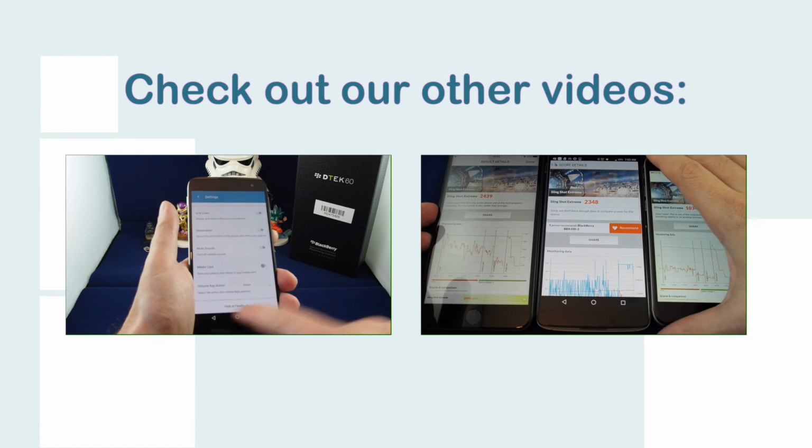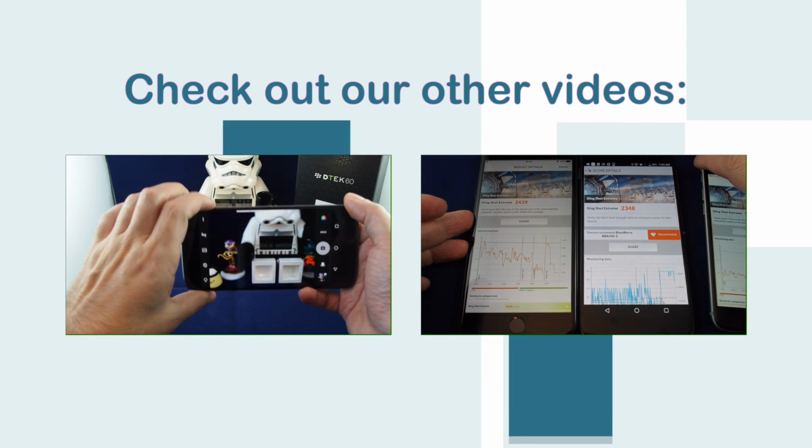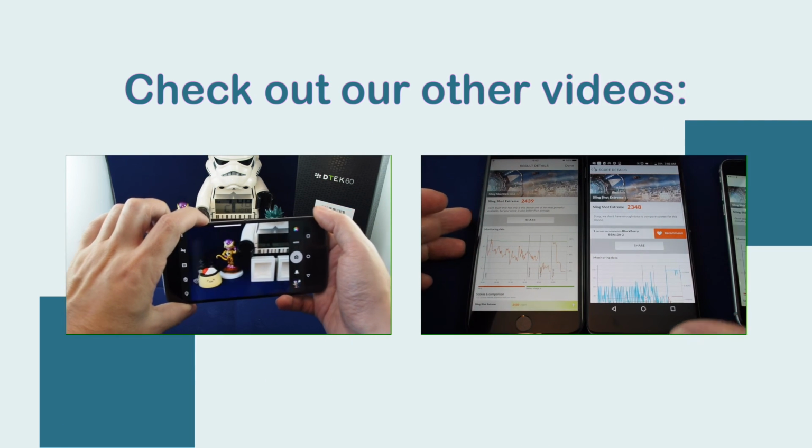But the interesting one is the Blackberry versus the iPhone 7 Plus. So the Blackberry has a Snapdragon processor,